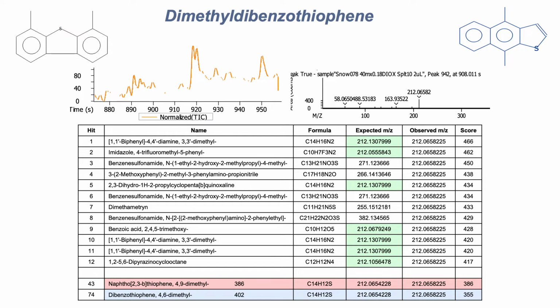Because all the previous peaks, quite big peaks, with retention time around 890 to 900, were different isomers of dimethyl dibenzothiophene. And the last one, which is really very small, should be from that compound group and not something else. Look, hit number 74. I wonder how many of you go so far along the hit list trying to find the correct answer for your solution.